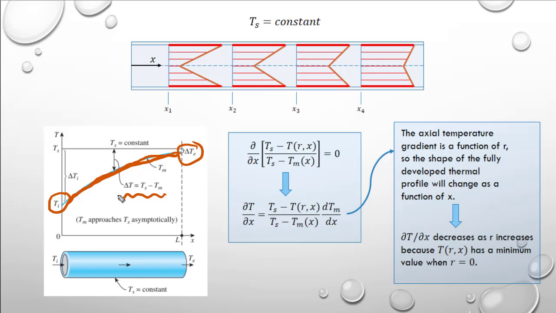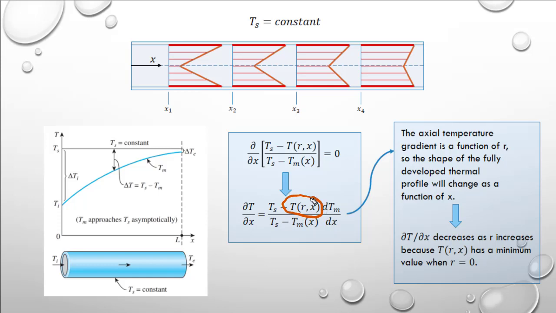So if we define, again, this is our fully thermally developed profile, and in this case, we end up with, if I take the derivative of this and substitute in where Ts is a constant, you get this, and again, initially a hard to interpret equation. But what this is really showing is that we're looking at what happens to the local temperature as it progresses down in the x coordinate. Well, Ts is a constant. Now, the mean temperature is only varying as a function of x, so this derivative only varies as a function of x, but we have this last term,